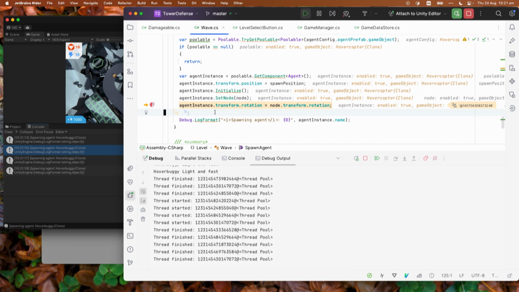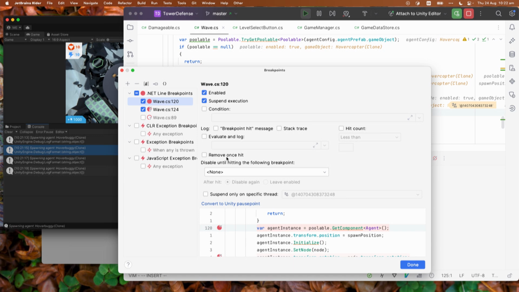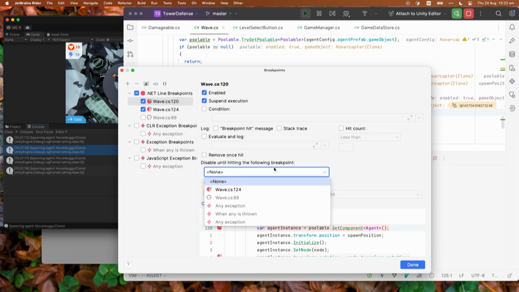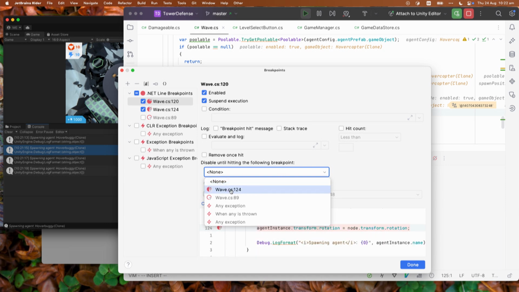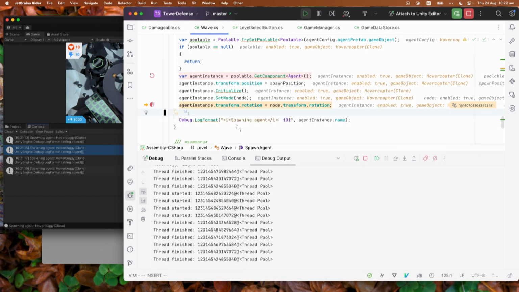But what if I wanted to look at the object which was the hover buggy after the hovercopter? This would be an interesting one. So let's say I put another breakpoint here, and I only want this one to work when the hovercopter has happened. I can use this item here, disable until hitting the following breakpoint, and use my conditional breakpoint here. So now I've got a dependent breakpoint. And if I just restart this,